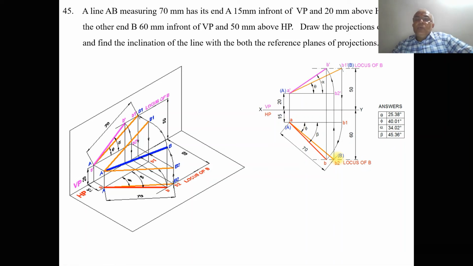Then you draw a vertical projector from B1 dash till the locus of a in the top view, because a dash B1 dash should be parallel to xy in the front view. Only then will a dash B1 dash be in true length. So with a as center, taking the radius of aB1 using the compass, you draw an arc such that it cuts the locus of B in the top view, and you mark this point as small b, then join small a to b with a dark line.